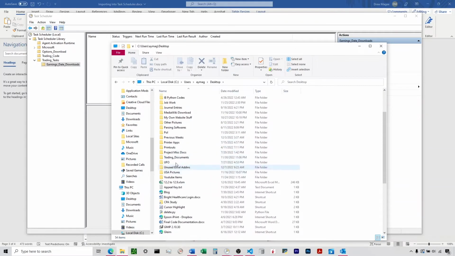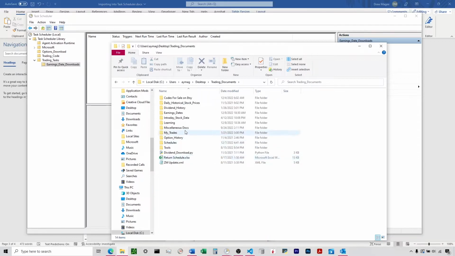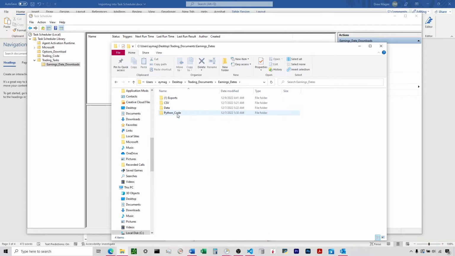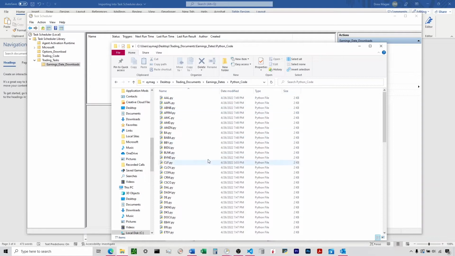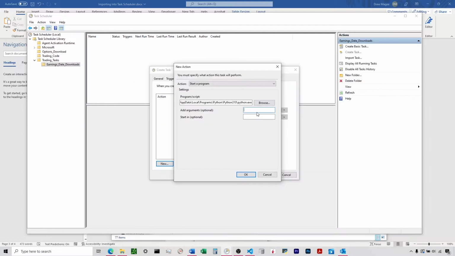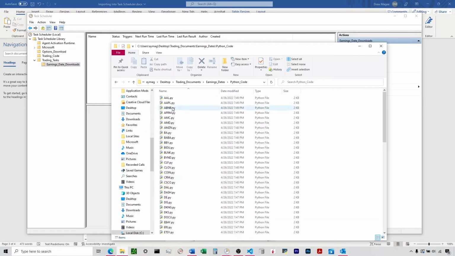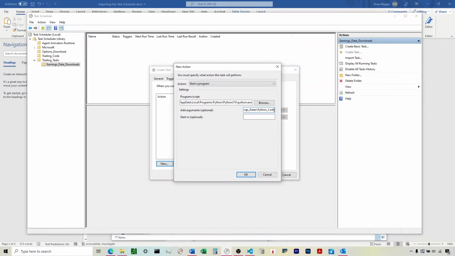I've got it under trading documents, earning dates, Python code. Okay, so here are the Python codes that I want to run. So I'm going to Command C this address here, and I'll paste it right into here, and then I'll come back and figure out which file I want to run. So we'll just do AAL for right here. So, and then we'll come over here, \AAL.py,